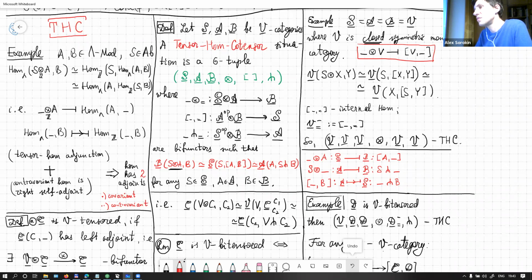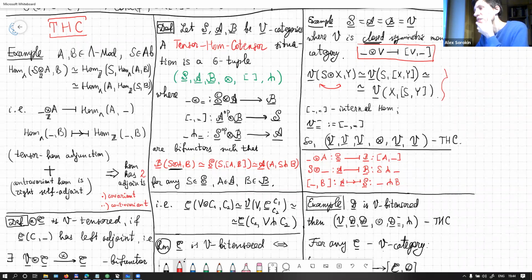Since our category is symmetric, we can juggle S and X in this formula and write two isomorphisms using this adjunction above. Then comparing this formula to the definition of the Tensor-Hom-Cotensor situation, we derive that